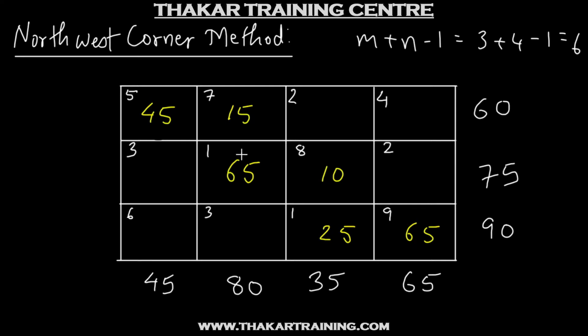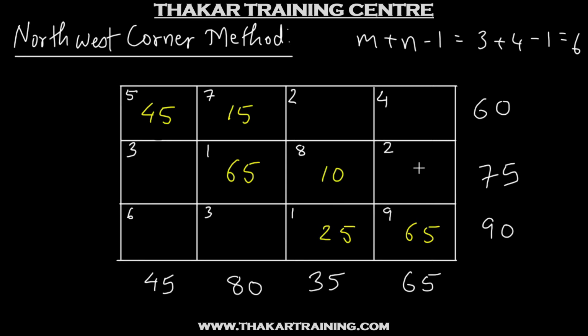So here if we try to start with any cell which has an allocation and move in horizontal and vertical directions alternately, passing through other cells which have allocations, we see that we will not be able to come back to the cell with which we started. So for this solution, we are not able to identify any loop. So all the allocations are in independent positions. So this solution over here satisfies all the conditions that a basic feasible solution should satisfy. So this is a basic feasible solution for the given transportation problem.